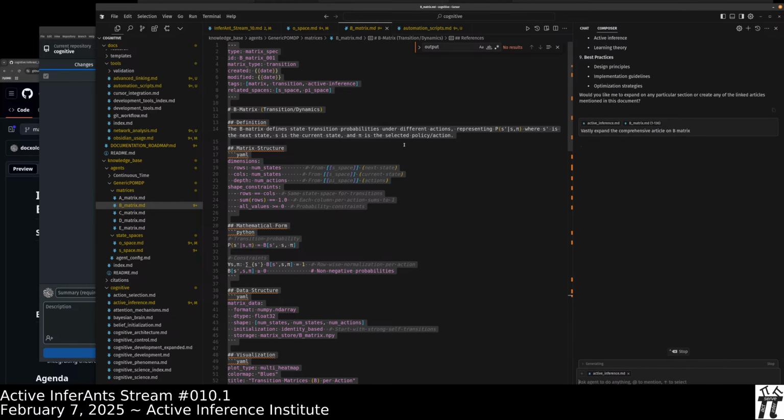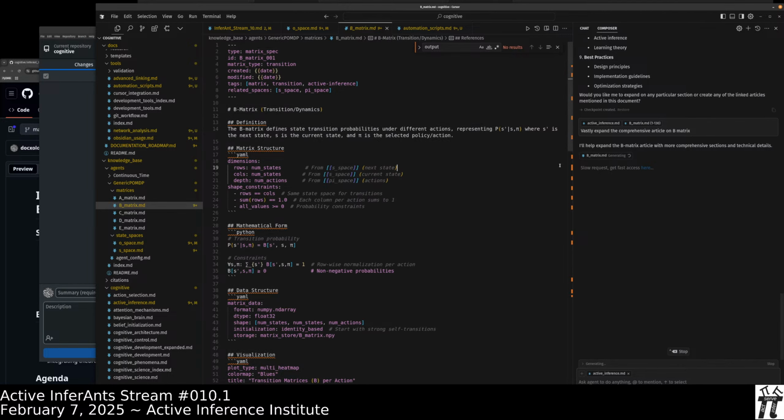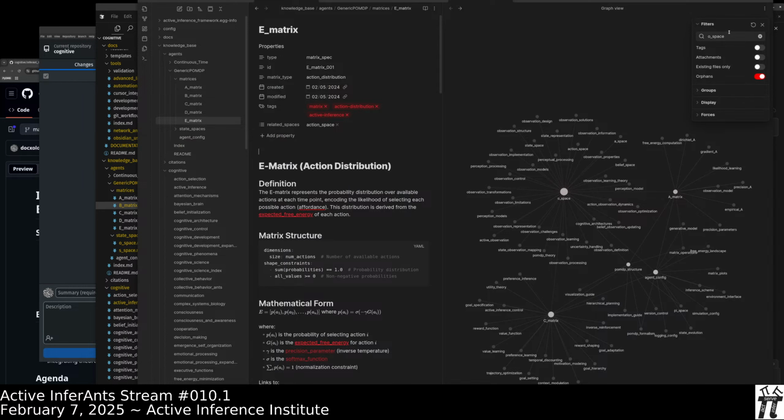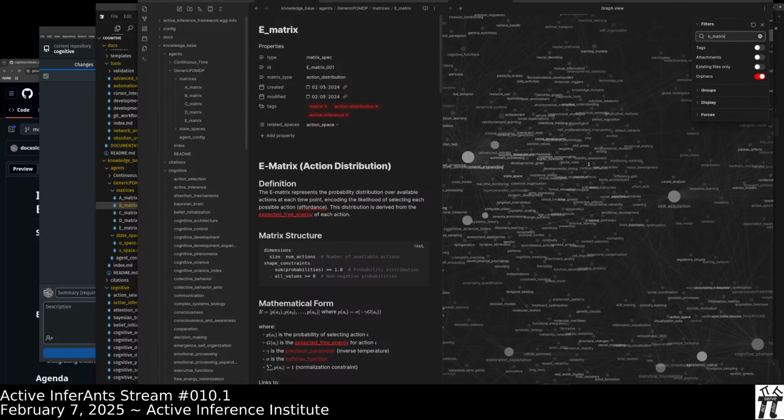These are the kinds of thrilling articles that I'm sure many of the listeners and viewers and live chatters love to write in their spare time. But now we are getting assistance with writing these fun articles. Let's look at the B matrix, and it's going to be evolving its topology.